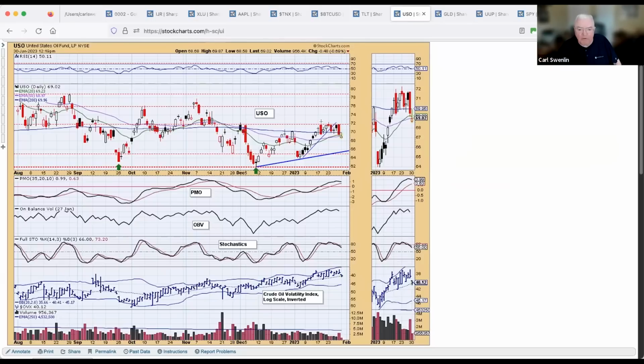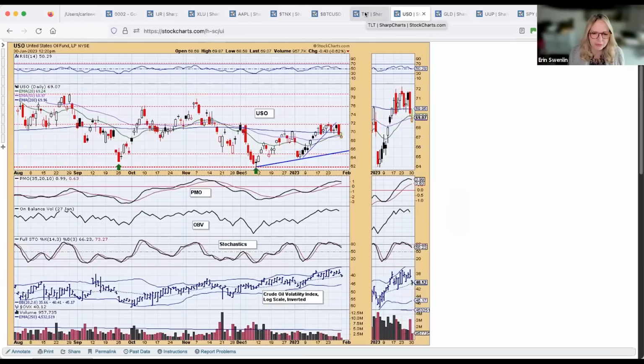Flag formations are the best, they're the most bullish if you get the pole going up and then they back off. They pull back some, so you have a declining trend across the flag. That's the best. It's like more compression building up, and if you see them going rising flags instead, that's the weakest and is more likely to resolve downward. Yeah, this one's sort of straight across, so middle of the road.